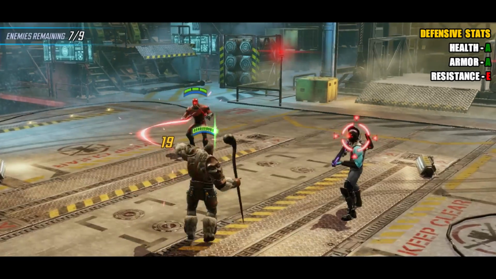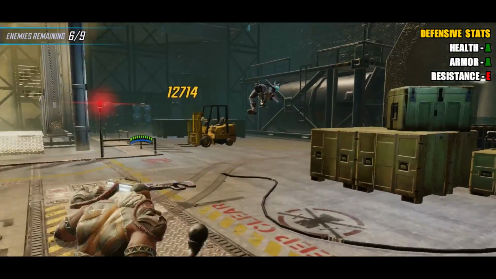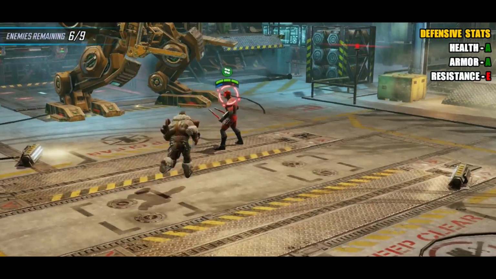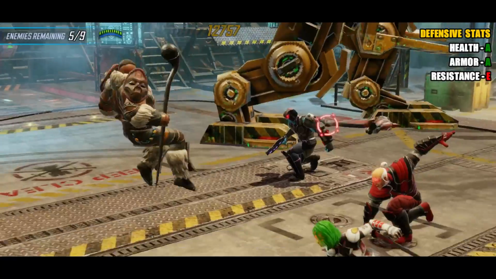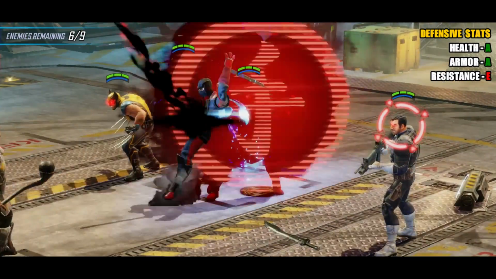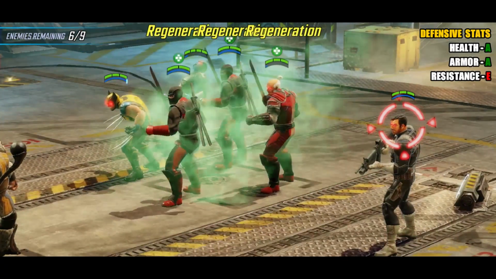Defensive wise then, he does really nice as you would suspect. His health and armour are both up at an A rating. You've then got his resistance, which is one of his few downsides. It's down at an E rating. This can be a bit of a problem with protector classes because it means it can be easy to slow them when they don't have their taunt up, or it can be easy to actually dispel them and remove their